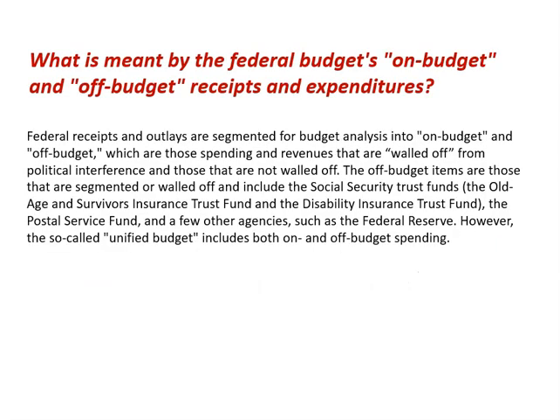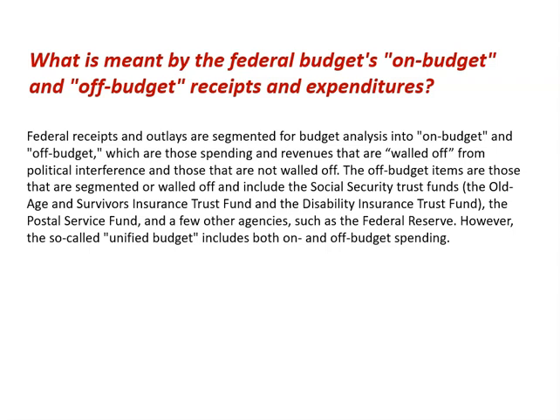What is meant by the federal budget's on-budget and off-budget receipts and expenditures? Federal receipts and outlays are segmented for budget analysis into on-budget and off-budget, which are those spending and revenues that are walled off from political interference, and those that are not walled off. The off-budget items are those that are segmented or walled off, and include the Social Security Trust Funds, the Old